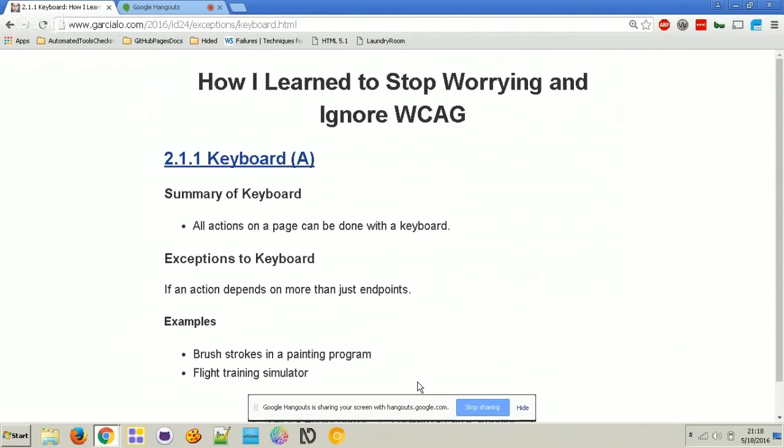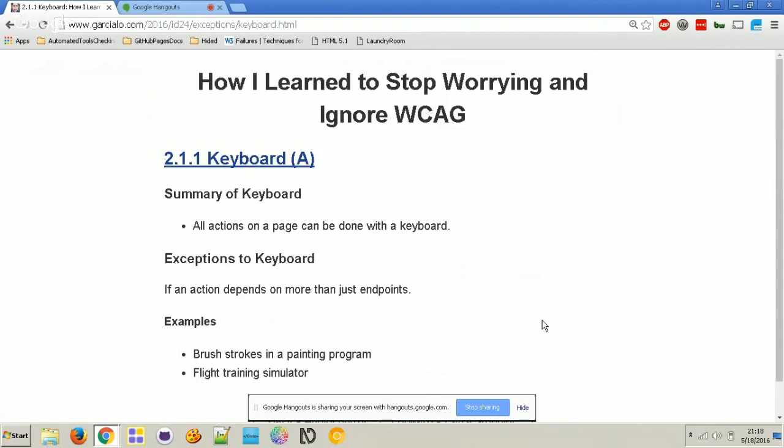It would apply the same for any kind of flight simulator, or any training simulator where you need a specific interface in order to properly train to use the real thing. It doesn't make sense to have a keyboard alternative. You could probably design a keyboard interface to do that, but that's a whole other thing.